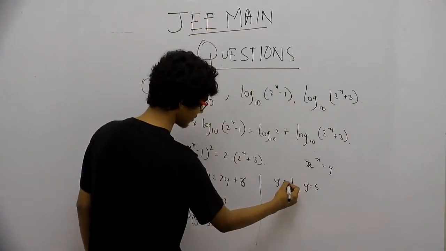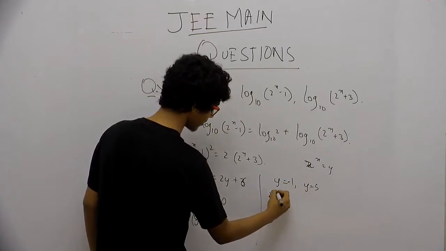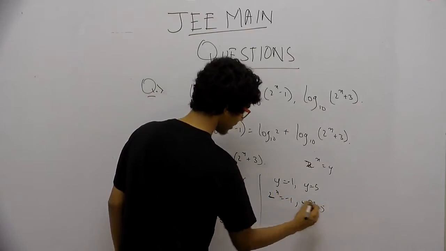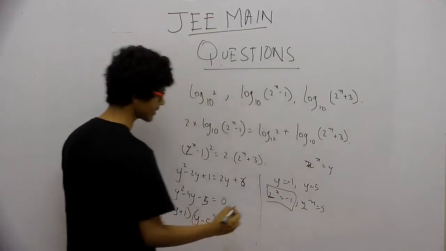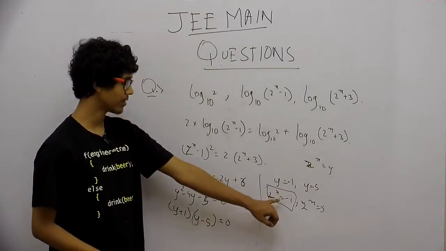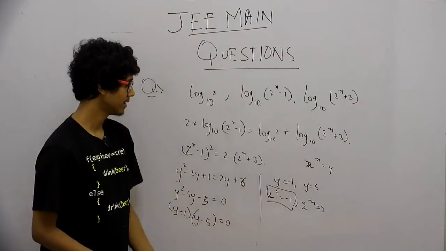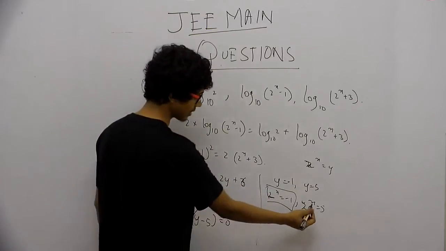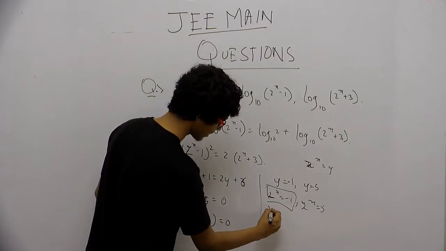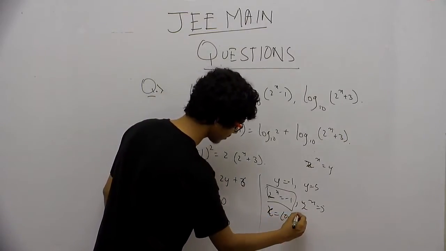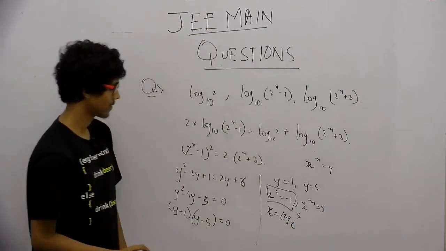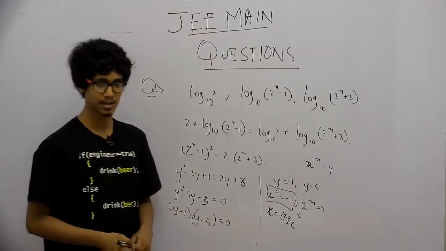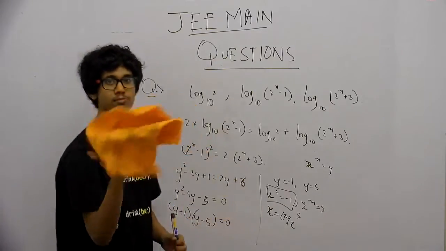2 to the power x equals to minus 1 or 2 to the power x equals to 5। Now obviously we will discard this result because something to the power something can never be negative unless and until it is imaginary, and of course x is real जो given है। So we get x equals to log 5 base 2। Okay, these were the questions for the progressions। Next we will do some questions on probability।